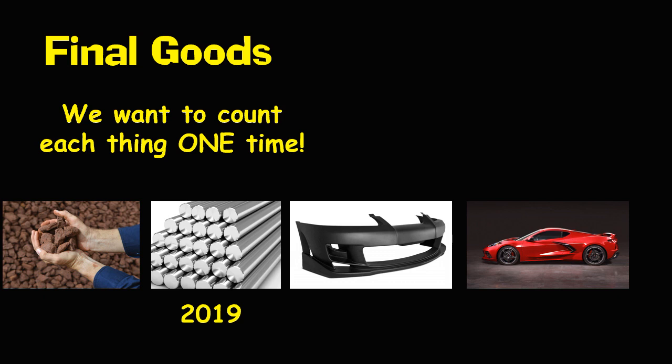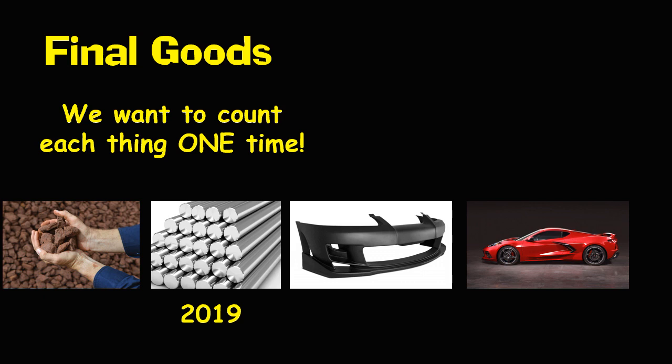Now, if I add another step in there where the iron ore gets turned into pig iron, which then gets turned into steel, now I'm counting things 5 times. It's not right. I really want to know the actual value of what was produced, and that means I need to count everything that was produced once.